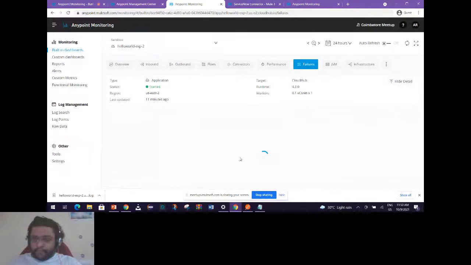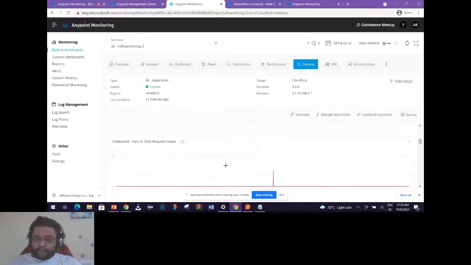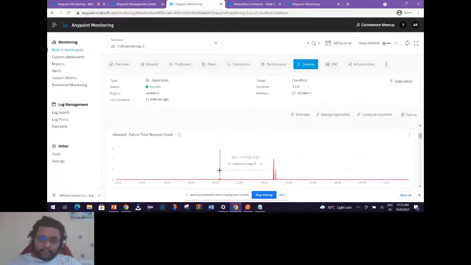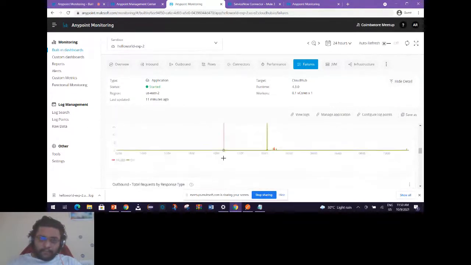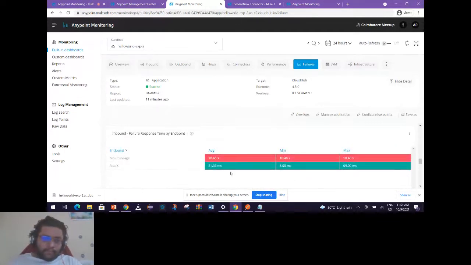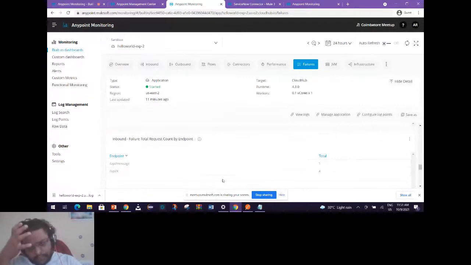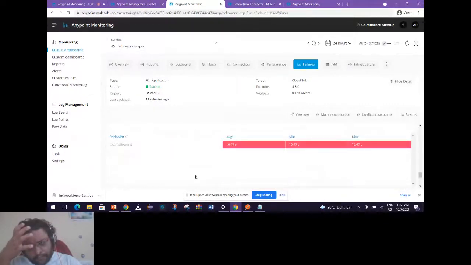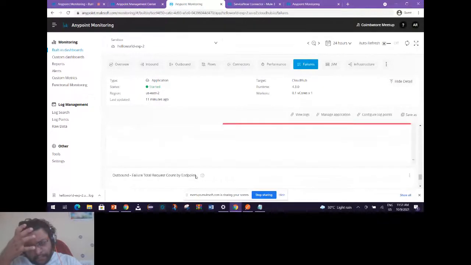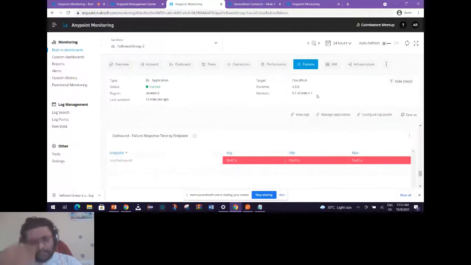The failure section will focus more on the error part, like how many errors have happened in the complete application. Then going further down, you can have the failures bifurcated into inbound failures, the number of outbound failures, again the failure by endpoint type, the number of failed requests by endpoint type. So this particular one has one failure, this particular one has four failures. The response time again with the color coding. So this is a general view.